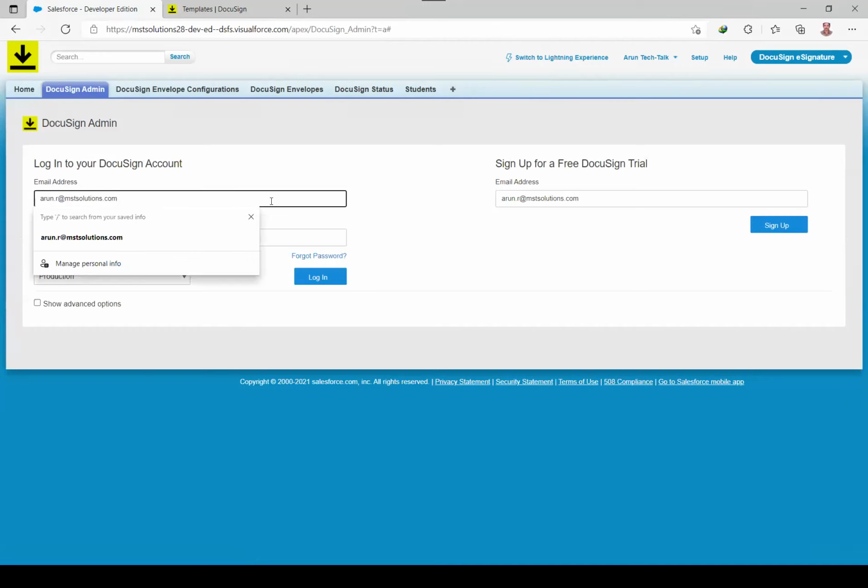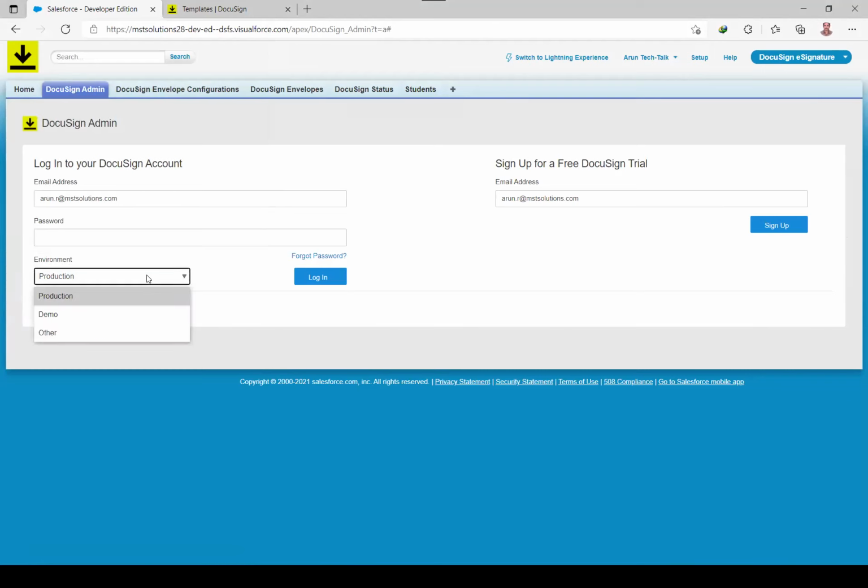Here we need to provide your DocuSign sandbox username followed by your password. Then there will be an option called environment. Here it shows production, demo, and other. Other is the sandbox which is connected to your production, so at that time we need to select production. And what is demo? Demo is nothing but a production copy.